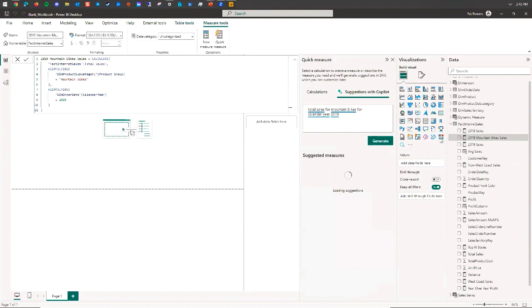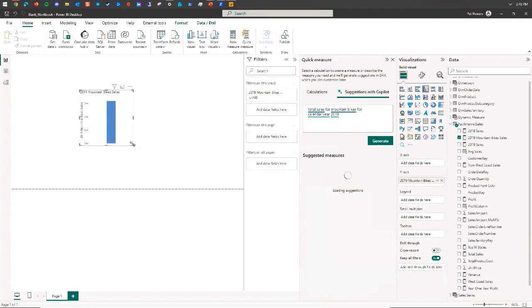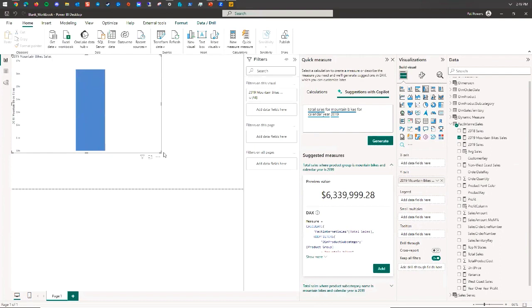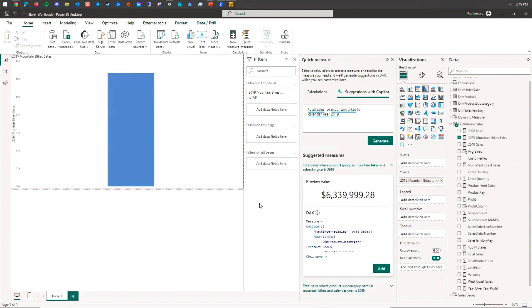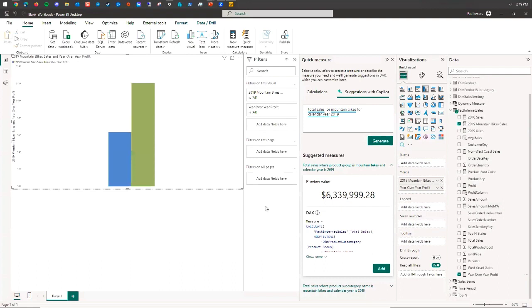And bing, bang, boom, I'm done. I just built a report. Give me an ooh and an ah. Come on, that was neat. I can add my year-over-year profit to that. Look at that. All I had to do was type things in.